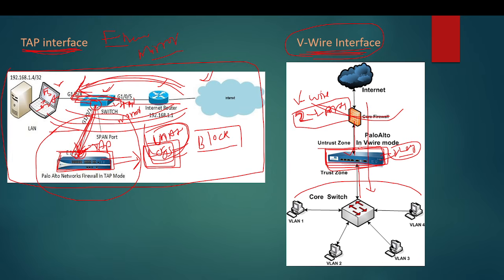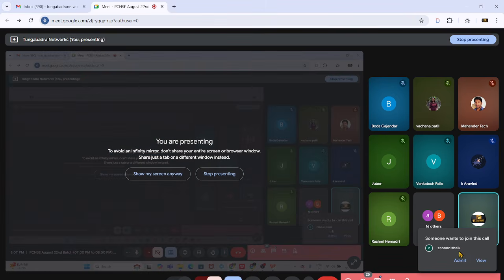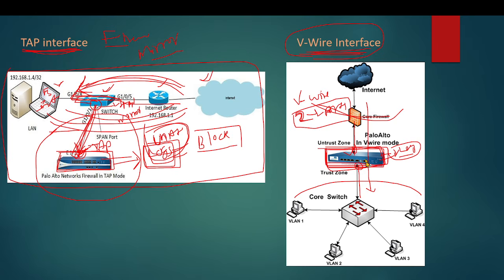But we are not going to change anything in the network. We are just adding a firewall to your network, in between private and public, taking two ports and configuring them in a virtual wire. Whenever you configure them in a virtual wire, they will act as transparent.